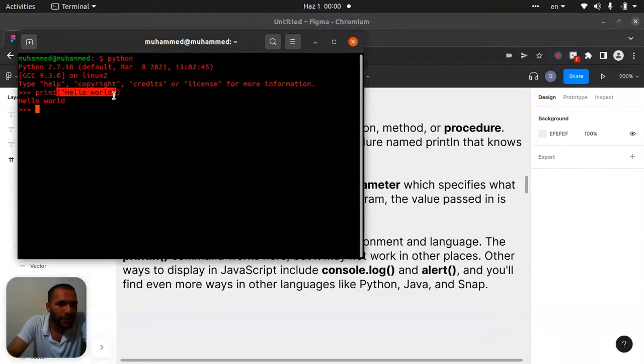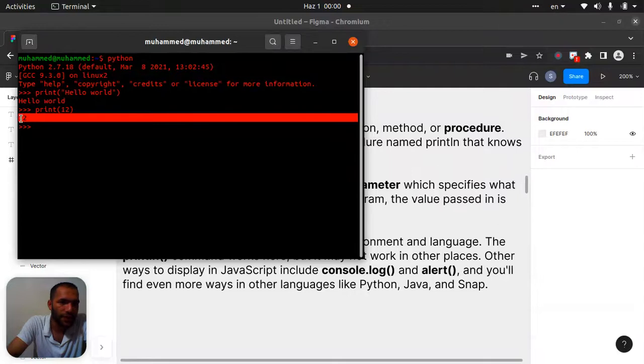Between brackets, we need to put some parameters. Parameters can be strings, numbers, and anything like that. If you put numbers here, we don't need quotes, because those would make it a string. Let's say this number. It will work and display this.